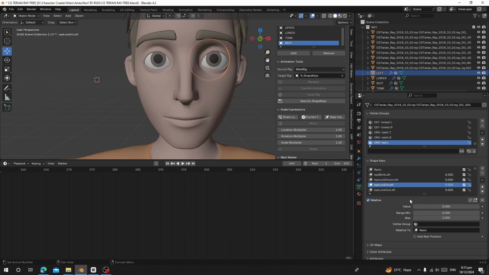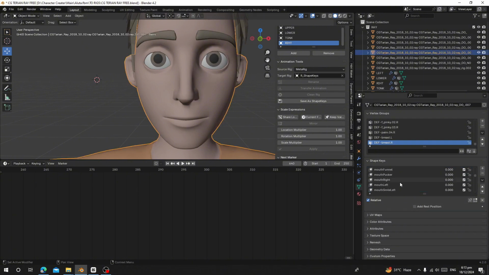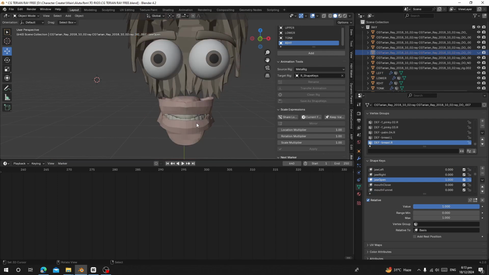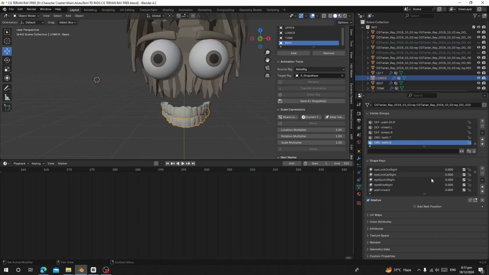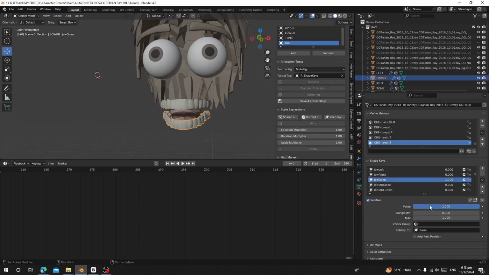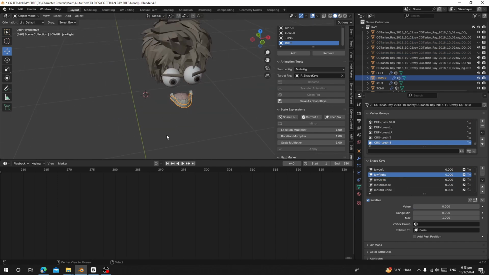Now you can see it is working. Let me try jaw open. Let me hide this. I need the teeth. Jaw open, and you can see now it is working here. So this is how you have to do it before it can